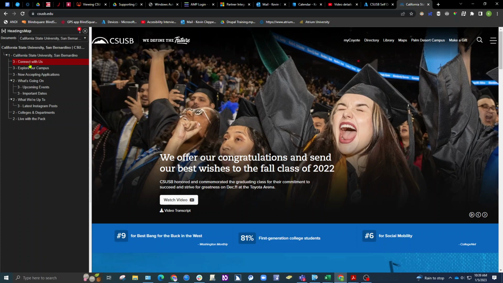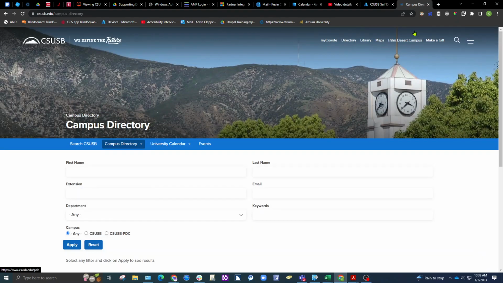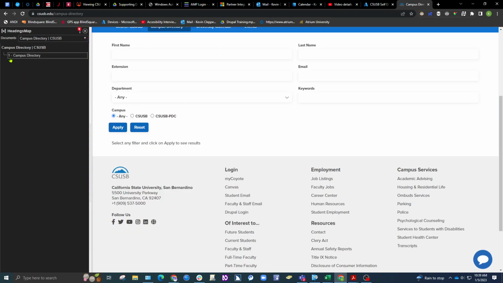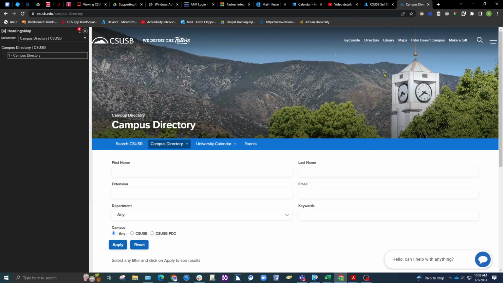level 1. Every document and every web page is only going to have one heading level 1 per page or per document. So on the CSUSB web page, if I were to go to directory and click the headings tag, there is only one heading level 1 for this page. If I were to go to library,